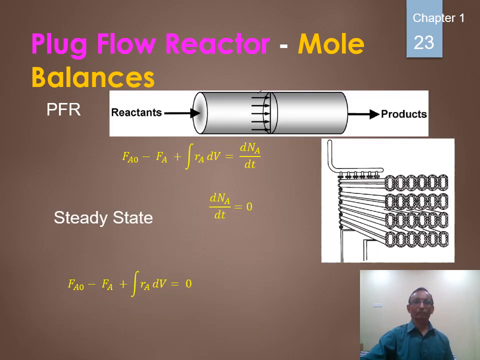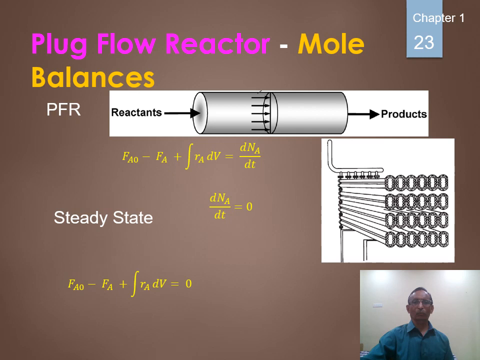Plug flow reactor. This is the plug flow reactor, this is a single reactor, this is a bank of plug flow reactors. You have a number of pipes that we consider as the reactor, plug flow reactor. Without having a long pipe, you have a diverted one, a bunch of that particular plug flow reactor. Depending upon the space, you have to design that. If you have space, you can have the long tube of the particular reactor, or if you have limited space, you can have such a type of reactor system. The way you want, you can design it depending upon the arrangement required in the industry.